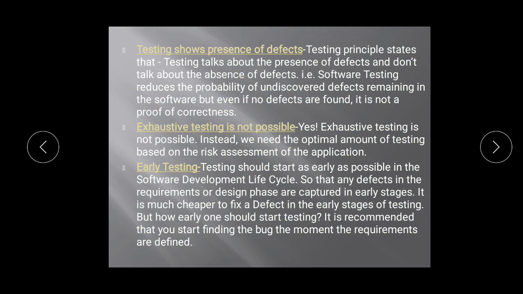The next one is early testing. As the name says, early testing should start as early as possible in the software development life cycle. In the last lecture I told you about one SDLC model, that is the V model. It had certain stages: requirement analysis, design analysis, then you have architectural design, and then you have coding. All those testing processes and stages were there, and they had unit testing, acceptance testing, system testing, all those things. So that V model had everything.